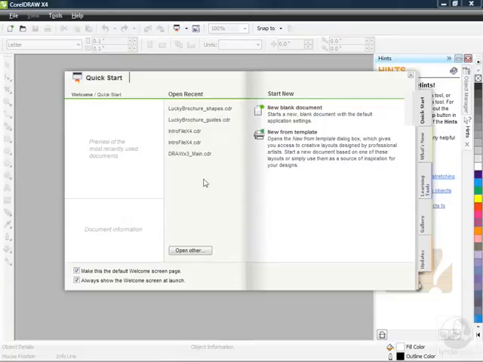They're listed here under Open Recent. If this is your first time, you won't see anything here under Open Recent. You've also got a button to open any other file that you maybe haven't worked on in a while. It doesn't show up on the recent list. You can create a new blank document or create a new one by getting a head start using one of the templates right from here. So pretty much anything you need to do in CorelDRAW can be done from this quick start section of your